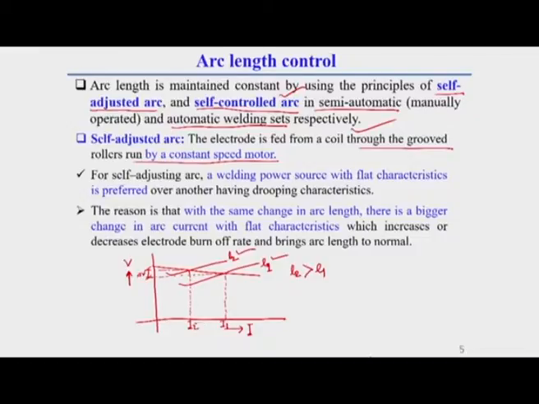So, here there will be a huge change of current. Current change is very high in case of flat type power source characteristic. Due to this small change of voltage, there is a huge change of current. Due to this huge change of current, there is generally more burning of filler material. So, due to this more burning of filler material, that means if there is a drop of voltage,